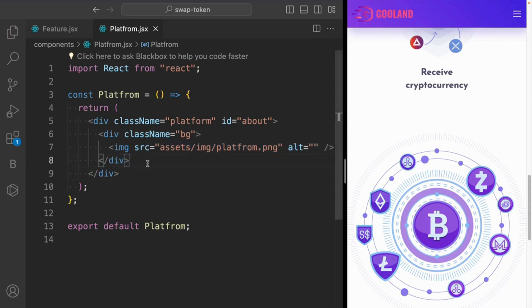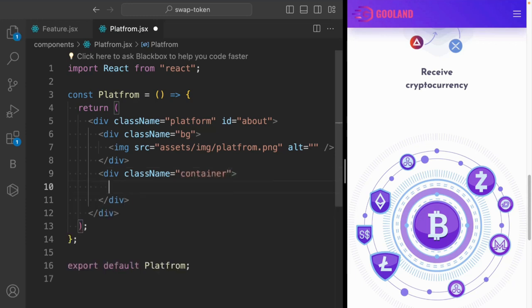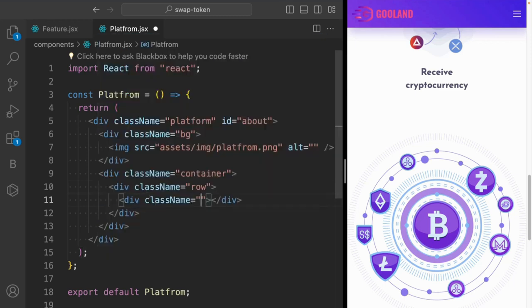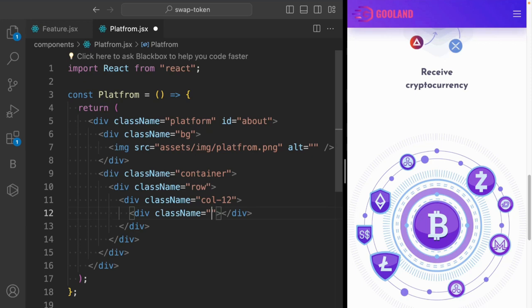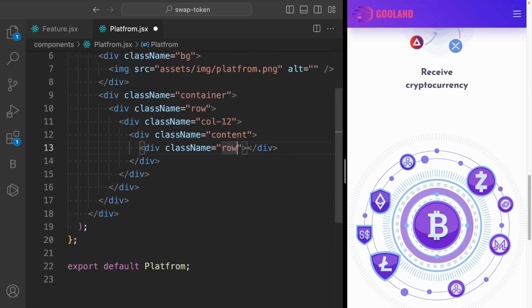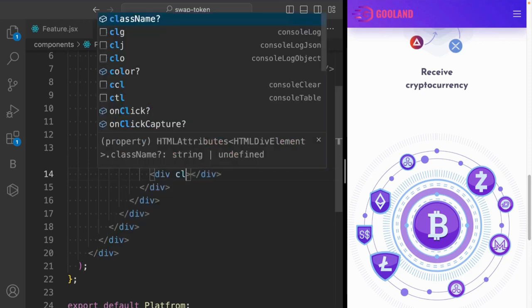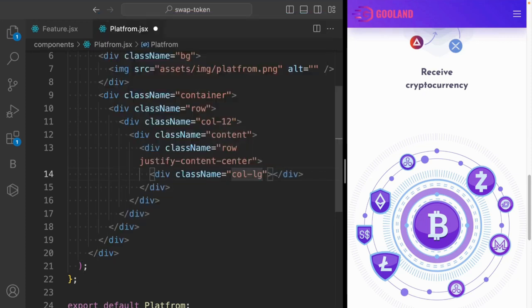Now we can simply come back here and take a div, it will have a class called container. Inside that we'll take a div, it will have a class called row. Inside that we'll take a div, it will have a class called col-12. In that we'll take a div with a class called content. Inside that we'll take a div with a class called row justify-content-center. Inside that we'll take a div with a class called col-lg-9